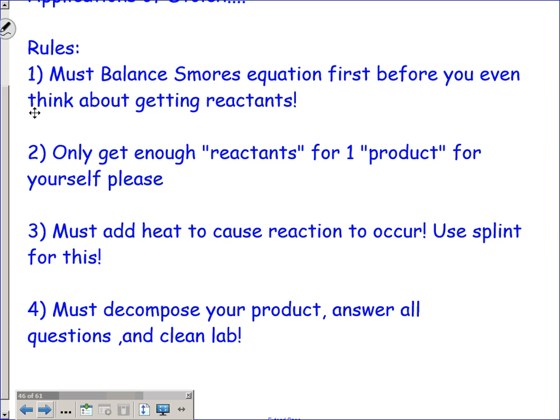Using the number in the baggie, 25, 10, and 60, think about how many s'mores you can make based on the ratio. So that's like 25 moles, 10 moles, and 60 moles. Figure out how many s'mores you can make based on the ratio. And you can begin by lighting your Bunsen burner and being safe and starting your reaction. And I'll start passing out more things as